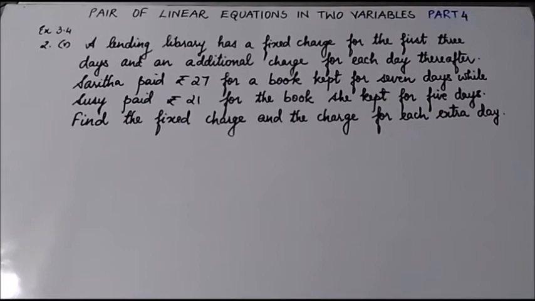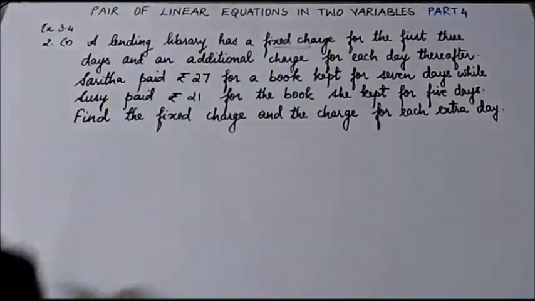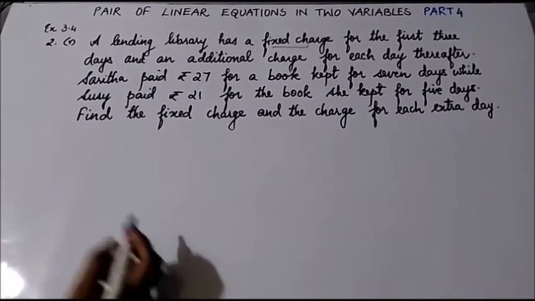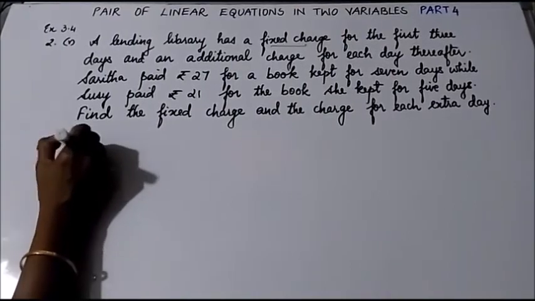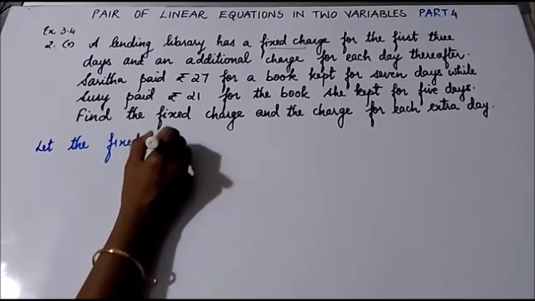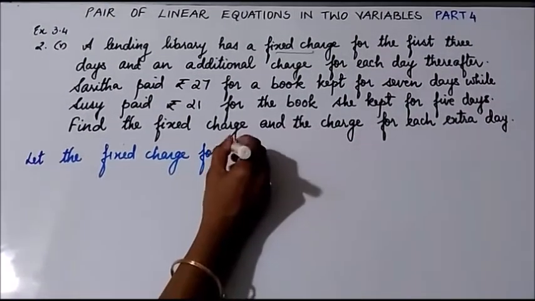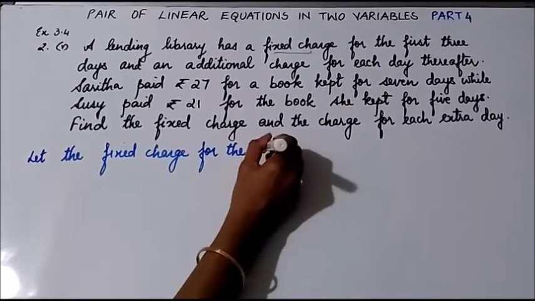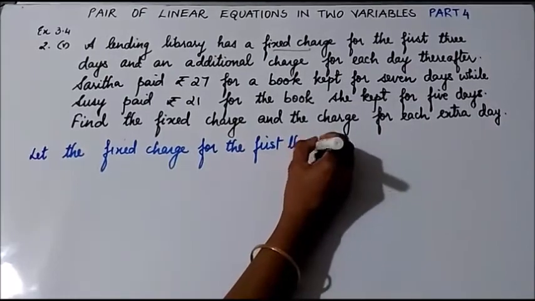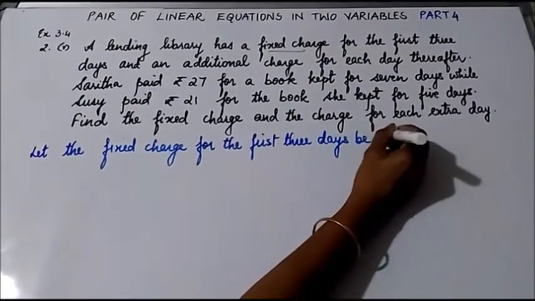Number 5. A lending library has a fixed charge for the first 3 days, and an additional charge for each day thereafter. So first let us write, let the fixed charge for the first 3 days be rupees x,